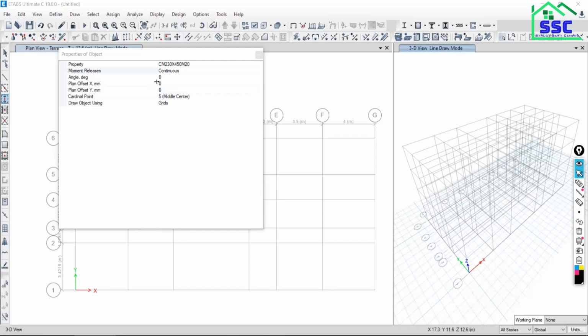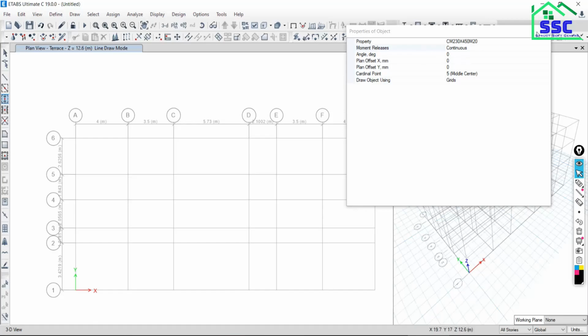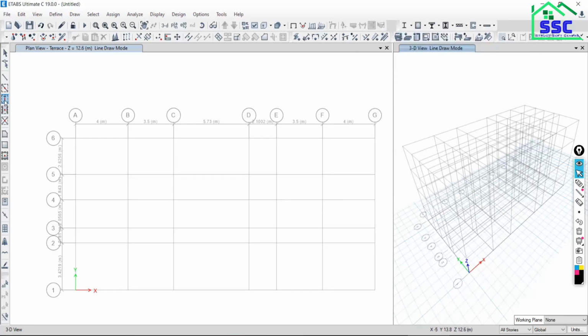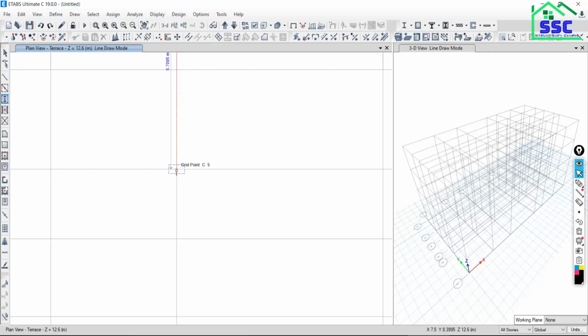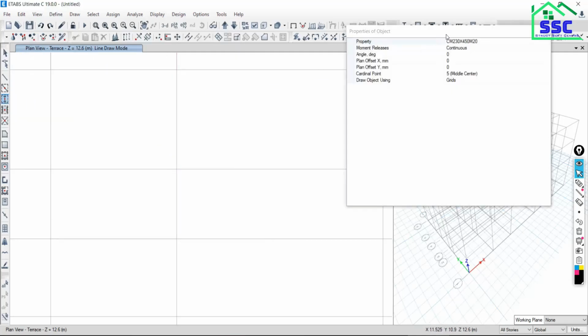Next is angle in degrees. What is the angle? Suppose I have to model the column. Now close this, take the column and the column section. Is it visible? The orientation of the column is horizontal. If you want to make it vertical, go back to column again and put the angle as 90.